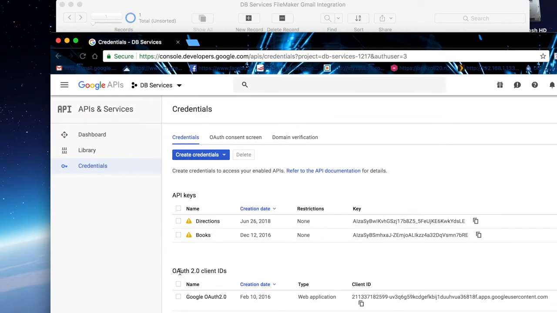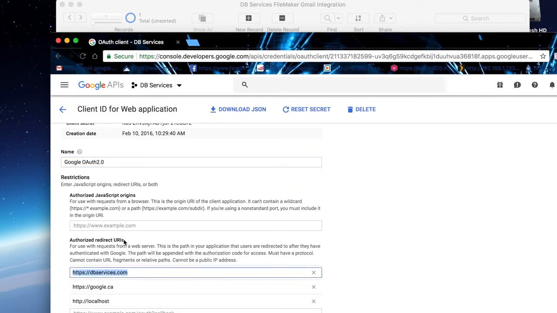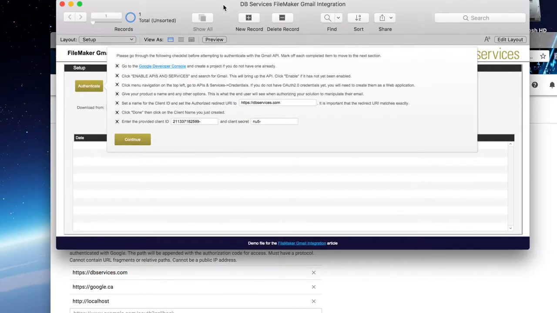I've done a couple of these with Google Calendar and that sort of thing. So if you haven't created an OAuth 2.0 client ID yet, you'll need to create a new one, and then you'll have to go through the setting up of the OAuth consent screen and getting your credentials. Inside of here, you will need to make sure you have the redirect URI, at least one of them, matching exactly what you put inside of this example file or your integration. If it doesn't match exactly, you'll get an error message. So just make sure at least one of these is going to match exactly what you have inside of here.